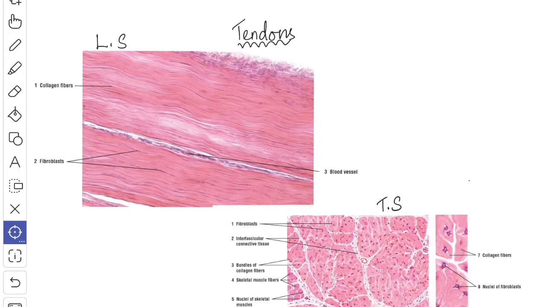This is the transverse section and this side of the picture is a higher magnification. Here you can see the fibroblasts are stellate shaped. The tendons serve to concentrate the pull of a muscle on a relatively small area of bone. By curving around bony pulleys or under retinacula, they allow the alteration in the direction of pull. The tendon also allows the muscle mass to be placed at a convenient distance away from its site of action.